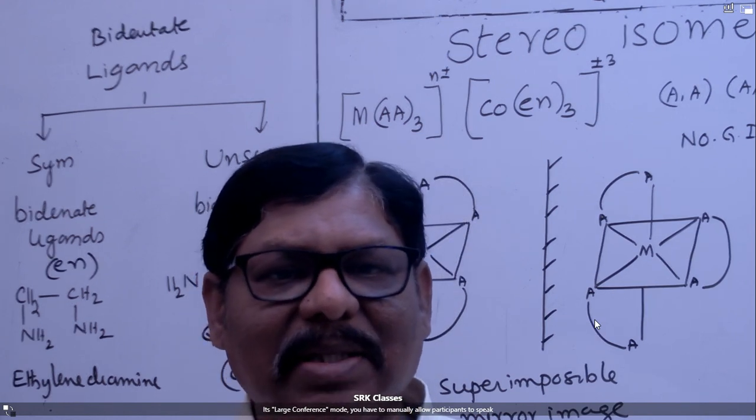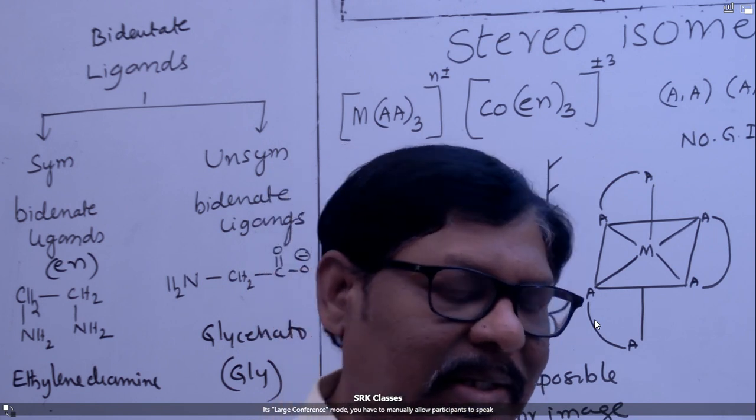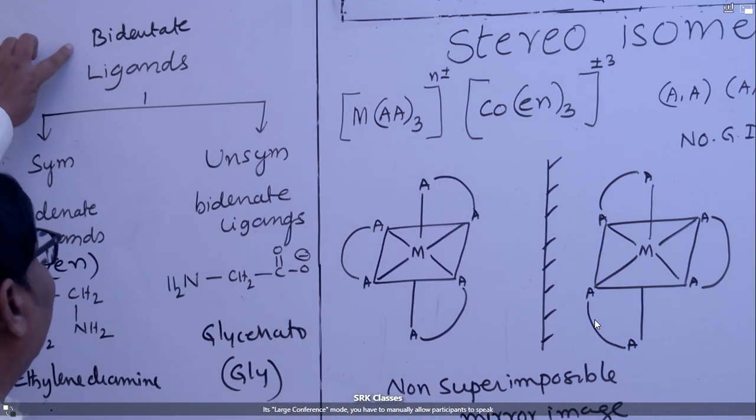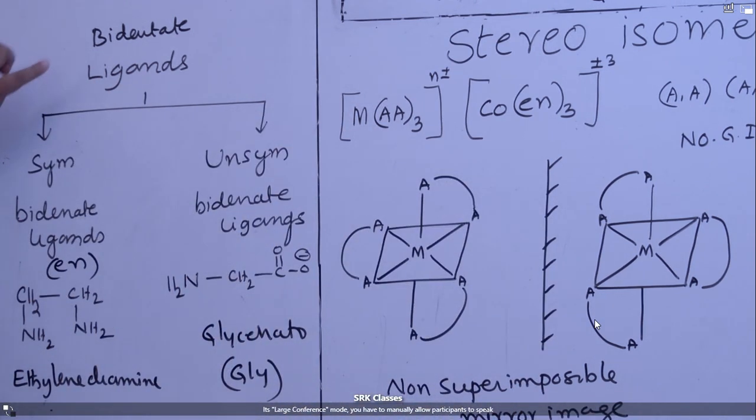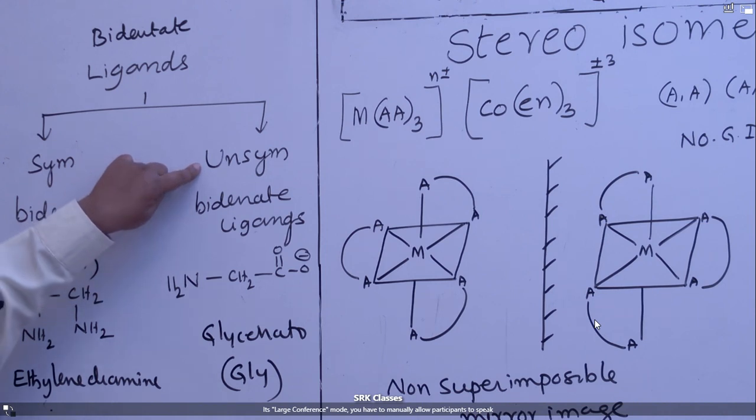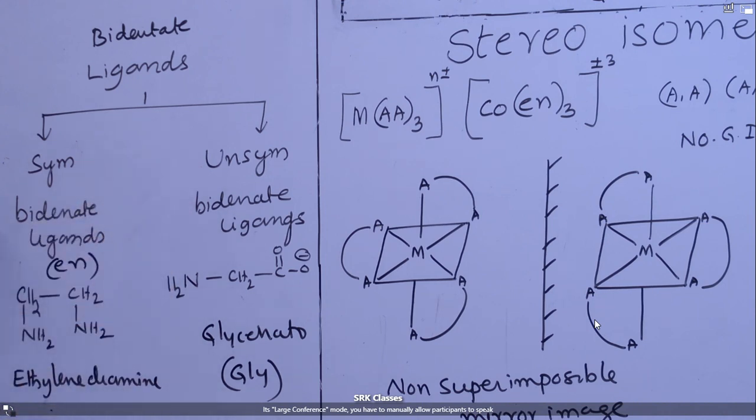Bidentate ligands are broadly classified into 2 categories. One is symmetrical bidentate ligands. The second one is unsymmetrical bidentate ligands. What are symmetrical bidentate ligands? Here I have given: if the donor atoms are the same, both donor atoms identical, it is called a symmetrical